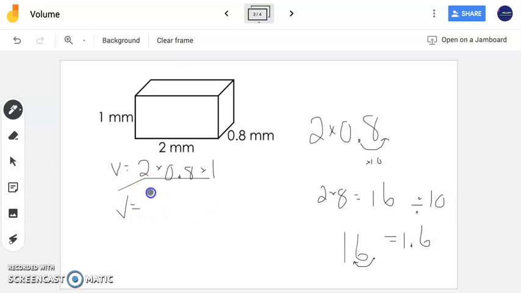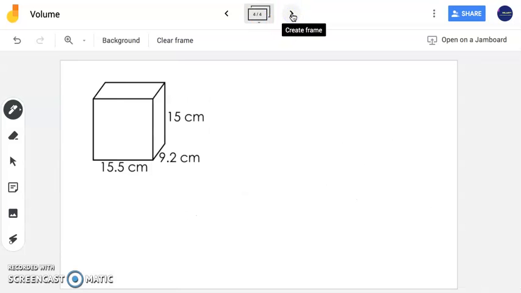Now I see here that I have 1 and 6/10 times 1. And we know that 1 and 6/10 times 1 is just 1 and 6/10, because anything times 1 is itself. So therefore the final answer to this problem is 1 and 6/10 millimeters cubed, or you can write and spell out cubic millimeters as well, and that is the volume of this rectangular prism. For this next one here, we have another rectangular prism, a little bit larger numbers, but still something